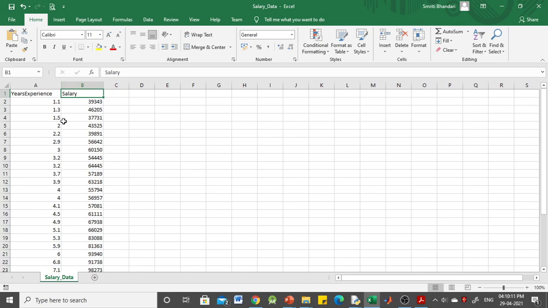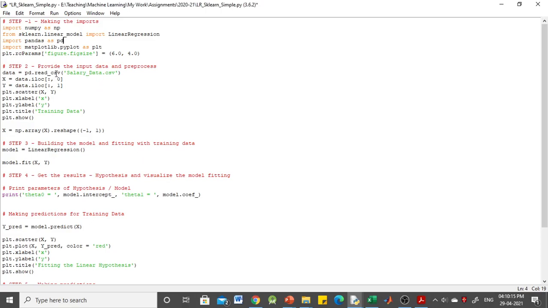We are predicting salary here. The data from this data file is read and stored in the data frame denoted here as data. In our data file we have two columns, one independent variable and another dependent variable, so we are separating out these columns as x and y.